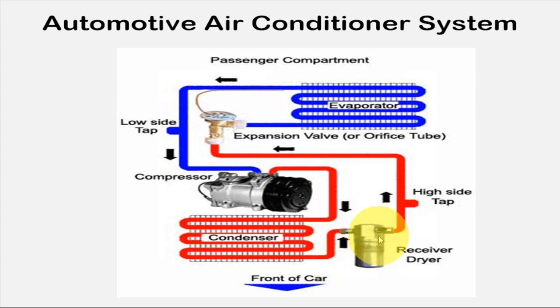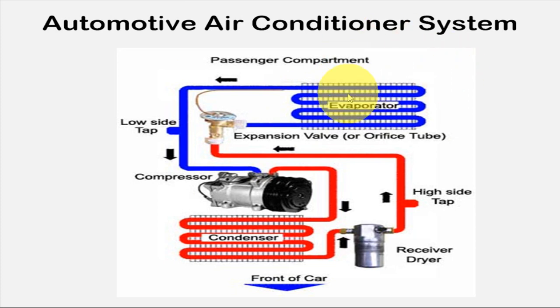Now the refrigerant is collected in this receiver. Then the high pressure refrigerant will be sent to the expansion valve. In the expansion valve, the pressure of the refrigerant is reduced and part of the refrigerant will vaporize. The remaining liquid refrigerant will be sent into the evaporator coil. Whatever vapor refrigerant there is will again pass through the compressor. So liquid refrigerant will enter into this evaporator coil.